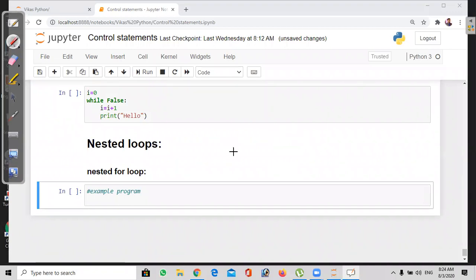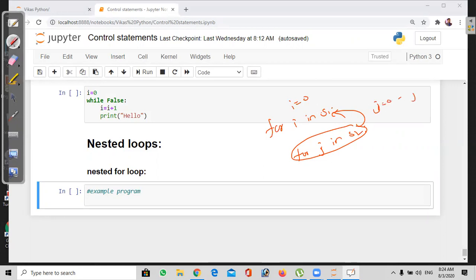So here, for example, nested loops mean a for loop inside another for loop. There we have one for loop inside the other loop: for i in, for example, sequence S1, for j in sequence S2. See here, this loop is inside of this loop. Every time, for example, when i equals 0, this loop will repeat from j equal to 0 to the end of the j value, for example n minus 1 times. That means while we are executing the for loop, each time it runs multiple times. How many times will it be executed?